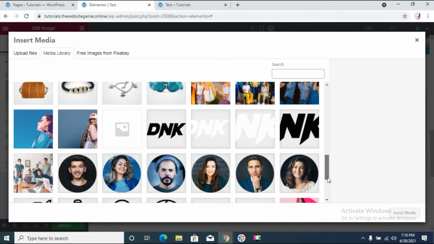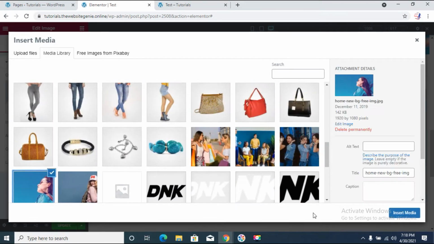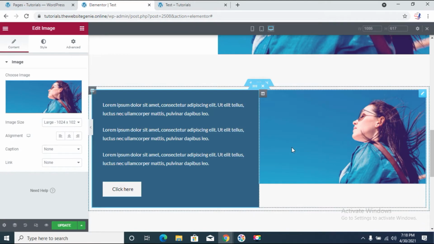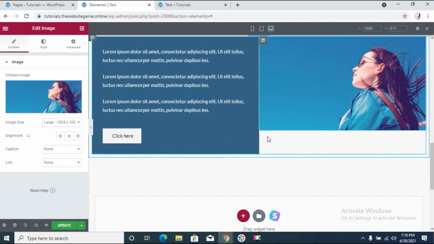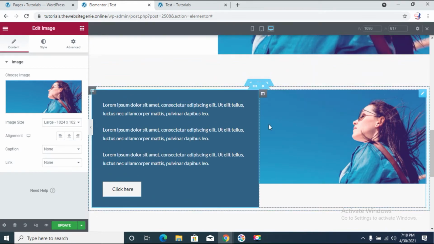This is the image that we are using. First of all, this image is not the same size as the column, so we can increase that, but this way it would pose a lot of problems, especially in the mobile view. So we will create something which is good enough for the desktop, tablet and mobile views of your website.